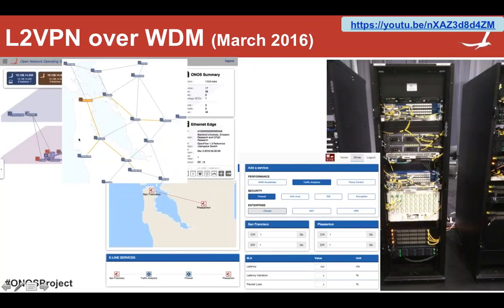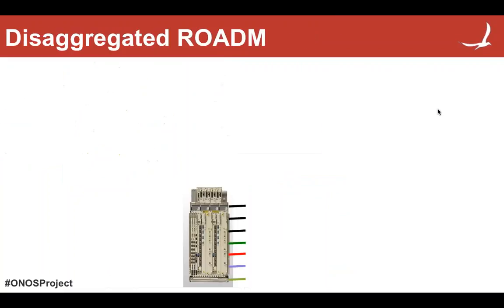There's a second node here in the middle, and then a third node at the very top. All of these are 3 ROADMs. It's a 3 node ROADM network. Now, the way this works is we kind of figured that in the spirit of openness, we had a lot